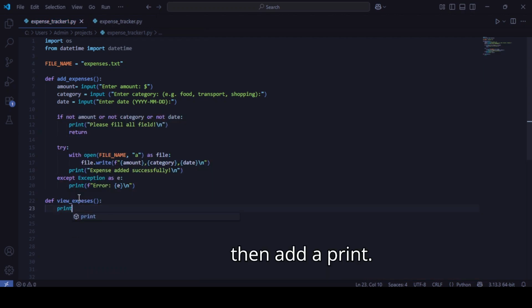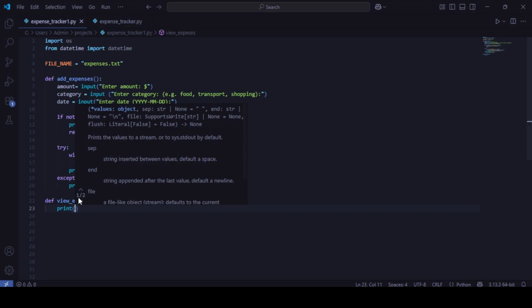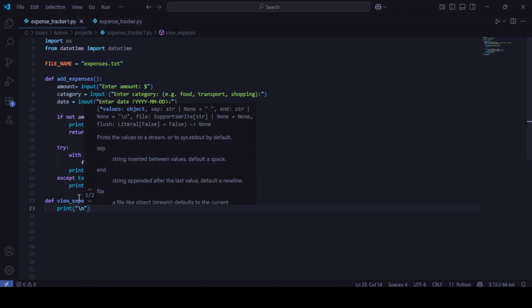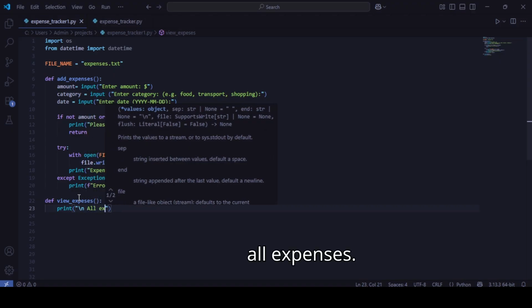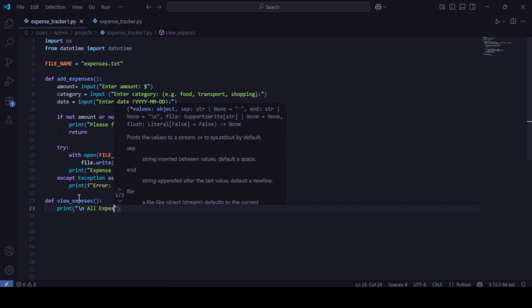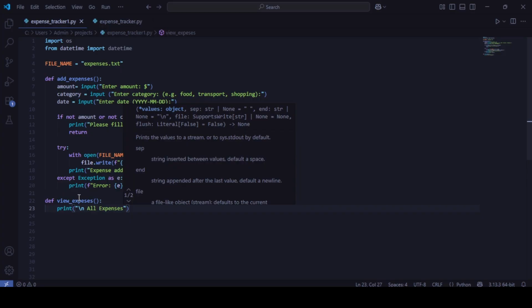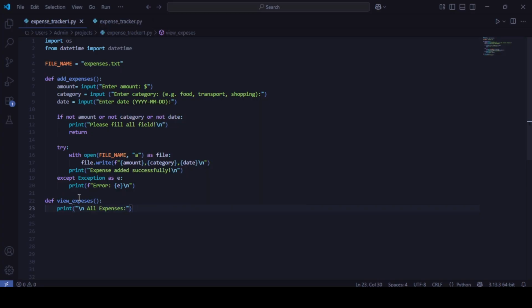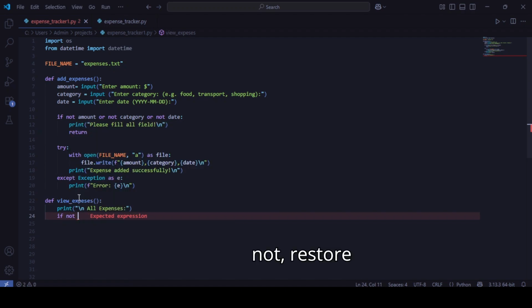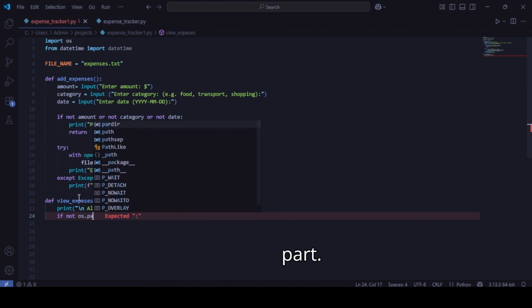Then add a print, all expenses. Then, if not os.path